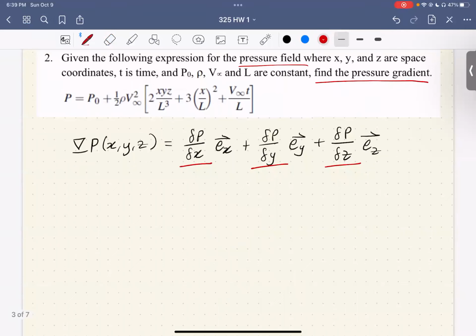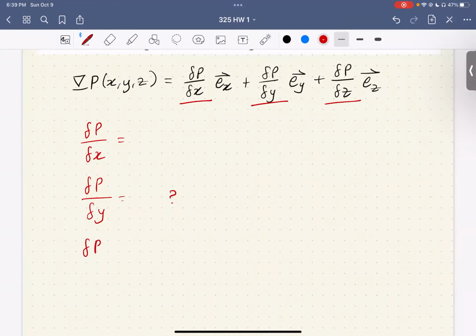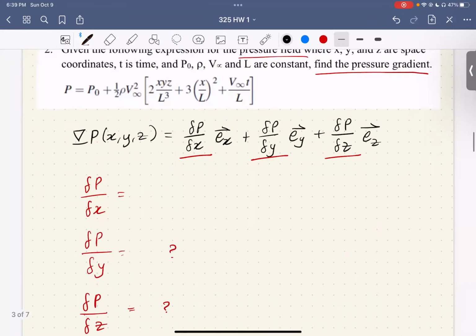So just to work through it, let's do one more together. We need to find all of these. So let's just work through the first one,